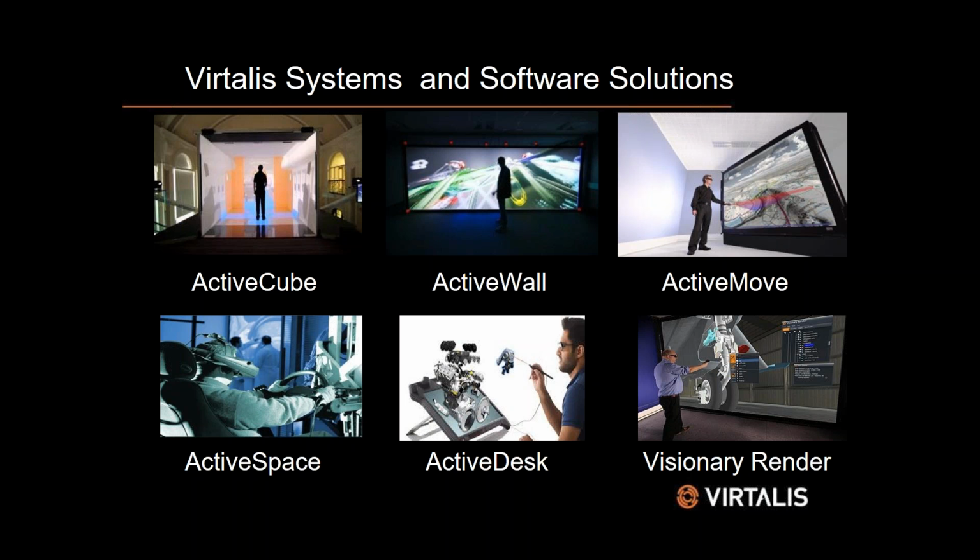Okay? The ActiveWall is, like I said, fully customizable. I've seen them go anywhere between 24 to 28 feet long. I've seen them 13 to 16 feet tall. I have seen them larger and smaller. But really, if you look at this picture here, there are infrared tracking technologies on the sides and the tops. What you don't see is that there are actually those tracking technologies around the entire room. So as you're tracked in front of this wall, you can actually walk around the entire room, and it's going to track your orientation in front of the system,